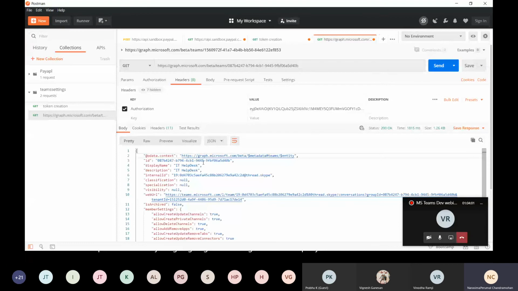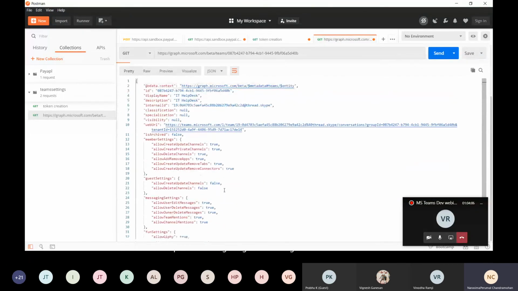So the team name is IT Help Desk, and I'm getting all the settings of this particular team. Here we have not used the group.readWriteAll permission. Again, I will show you in